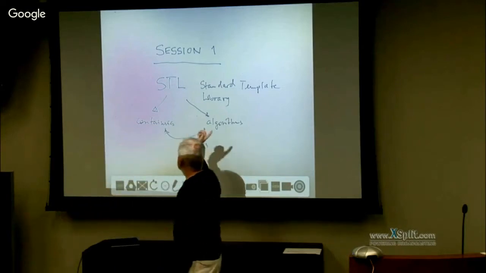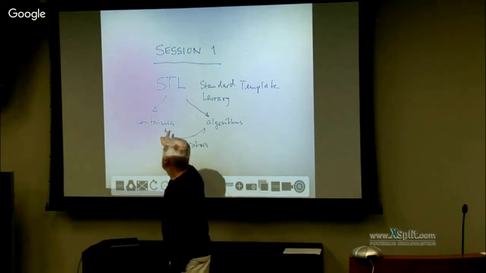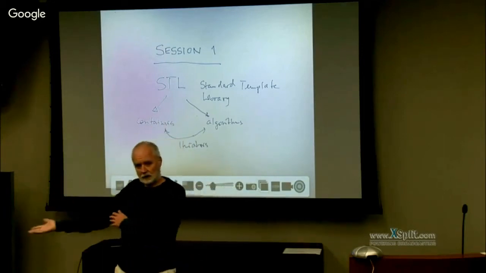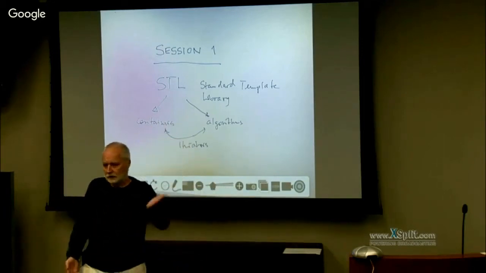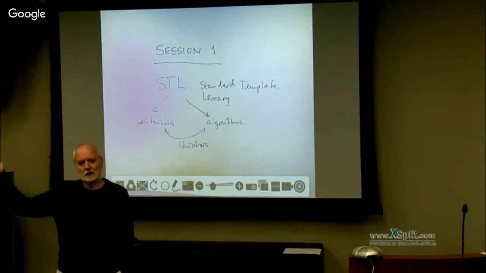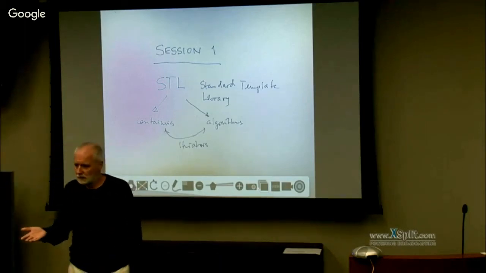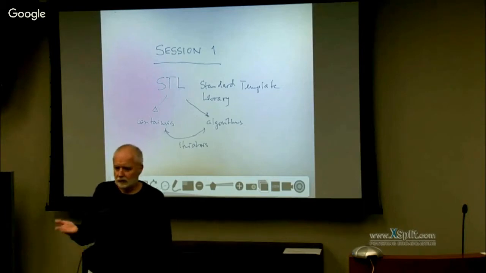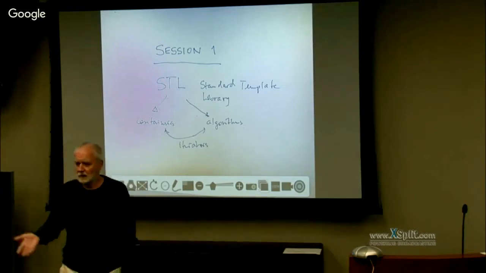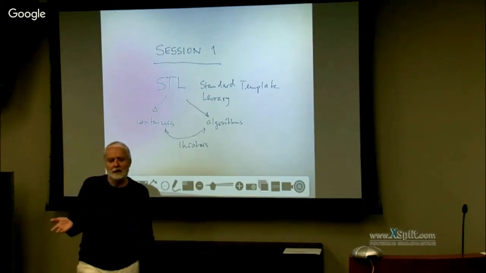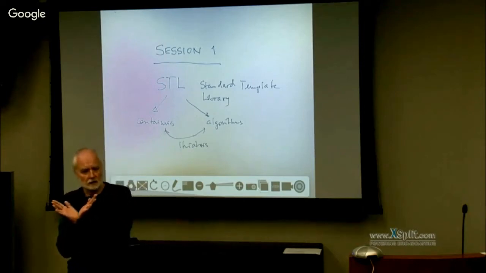Whereas in the standard template library, because containers are independent of the algorithms, you implement the algorithms once and the containers once. So you don't have 500 algorithms, you have just 50 algorithms and 10 containers. And that makes it so nicely orthogonal.